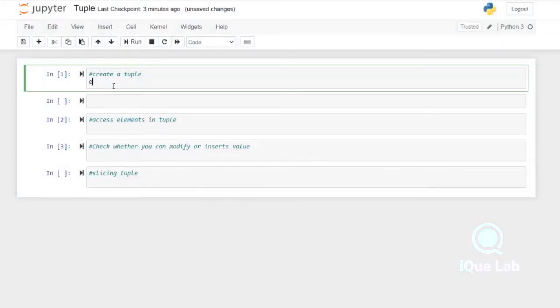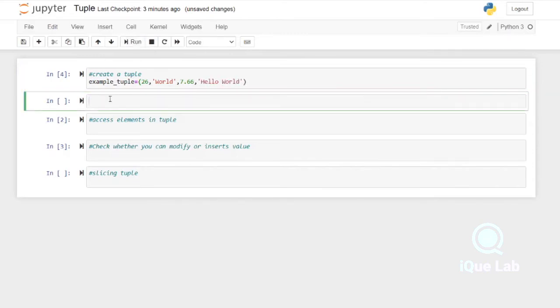We can create a tuple object using round brackets. Here we are creating the tuple with different data types enclosed in round brackets. Let's see the tuple objects.